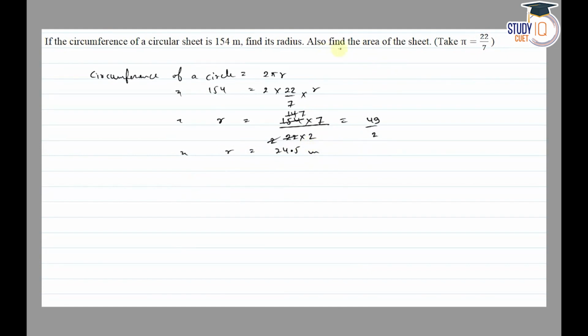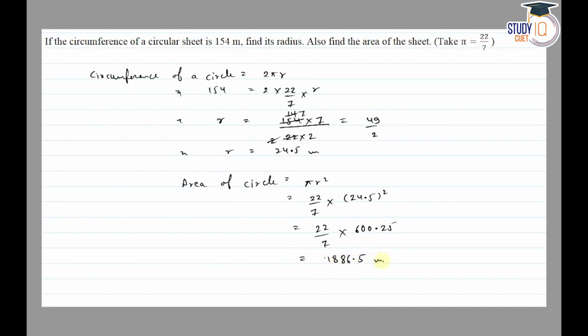Then हमें find out करना है. I also find the area of sheet. So area of circle is equal to pi r square is equal to pi की वजह 22/7 into 24.5 square. So 22/7 into 600.25 is equal to, इसे सोल्व कर लेंगे तो आ जाएगा हमारे पास